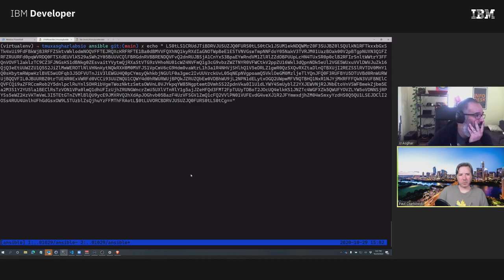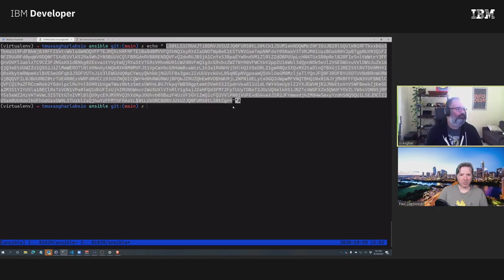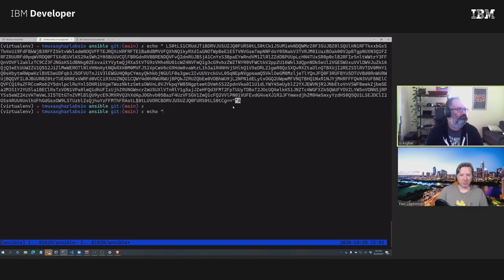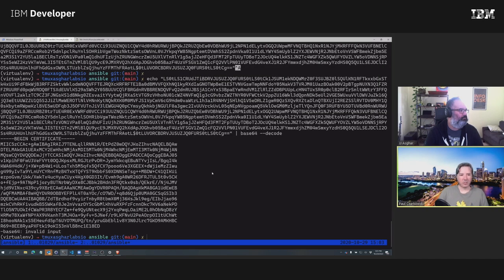Oh, really? Control A doesn't work? Really? It should. Oh, it's in Vim. It's in Vim binding. You gotta hit 0. Base64 decode. All right. What? Come on. Wait, what?